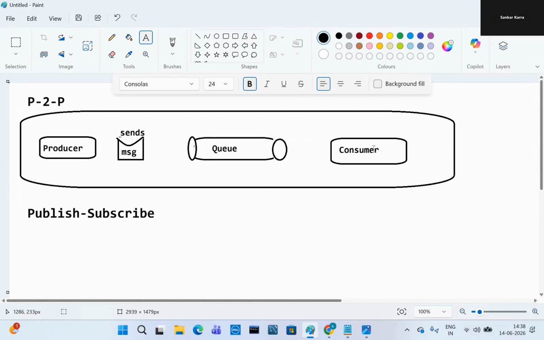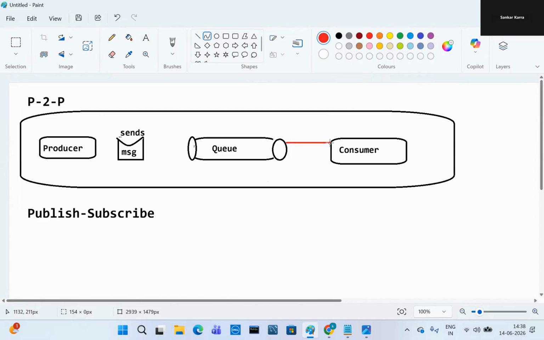It is a consumer. What will happen here? This consumer will receive the messages and send an acknowledgement. Suppose this is the message.